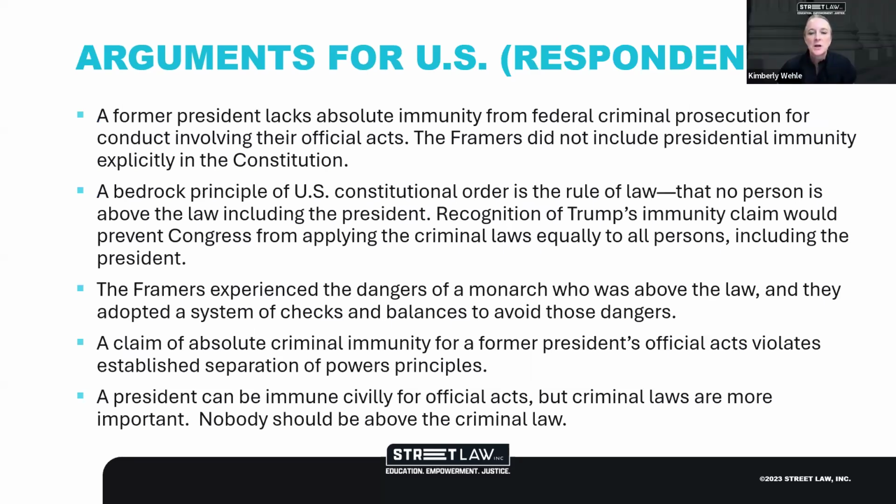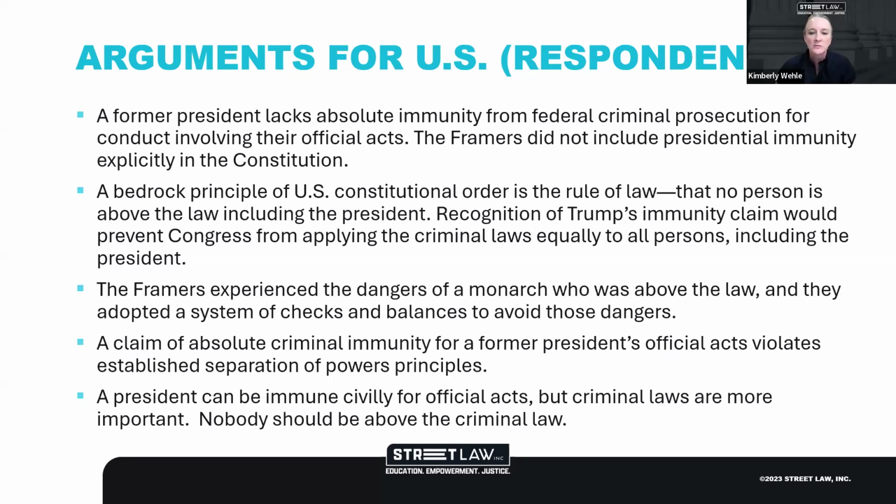So the government's position, as I think I've laid some of it out, is that there is no presidential criminal immunity in the Constitution. And if you're a textualist, that is about reading the plain language and sticking to the plain language of the Constitution. Judges shouldn't be expanding it. If you want to expand the Constitution to expand the president's powers for criminal immunity, there needs to be an actual, official amendment of the Constitution.